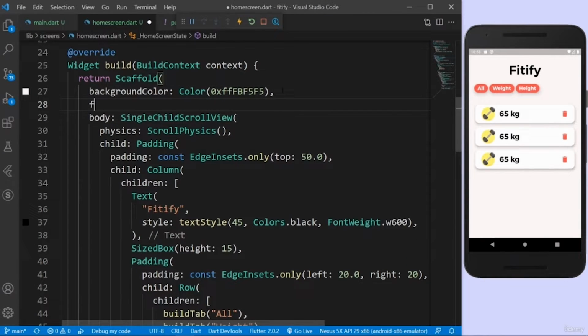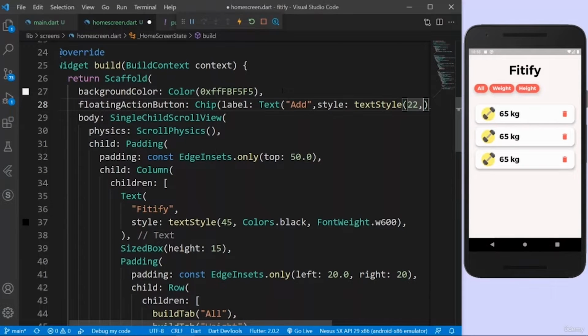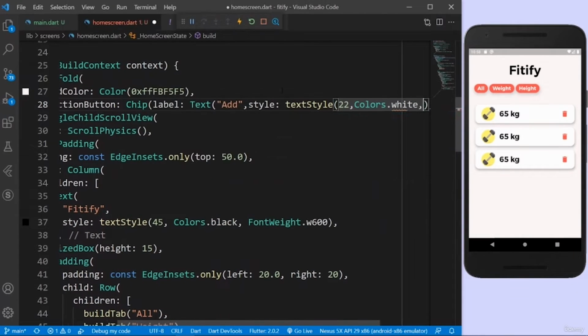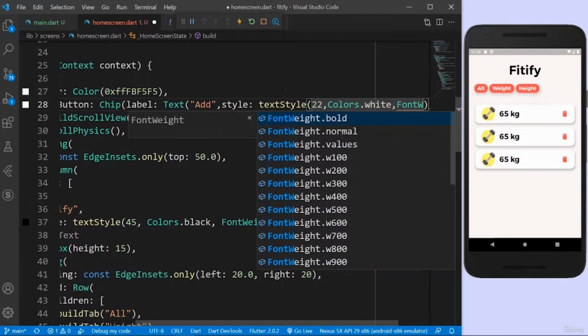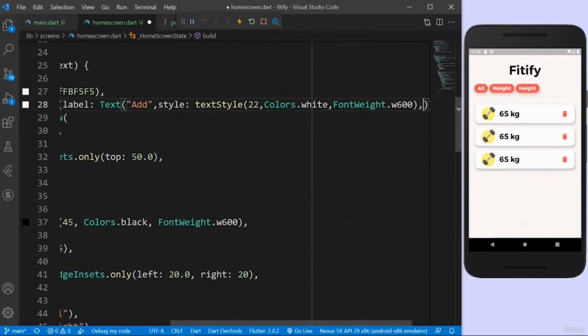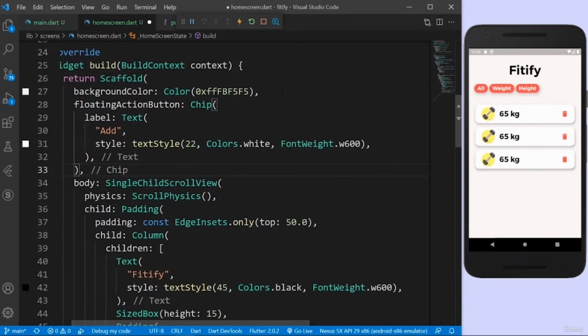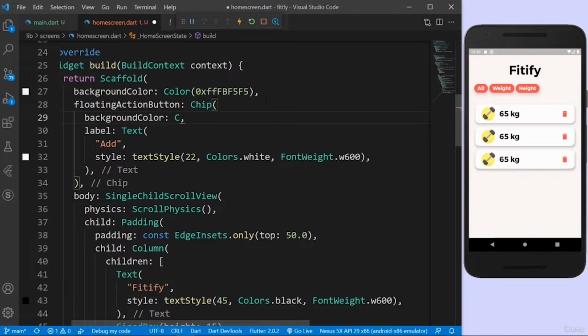Here, after the background color, let's say floating action button is going to be a chip again. So floating action button is going to be a chip, and it's going to take in a label. So the label is going to be a text widget, and I'll just say add, and the style for this I can again use my text style function. It's going to take 22 pixels of font size, and the color is going to be colors.white, and the font weight is going to be font weight of W600. And in the chip itself I can provide the background color. So the background color is going to be colors.red accent,